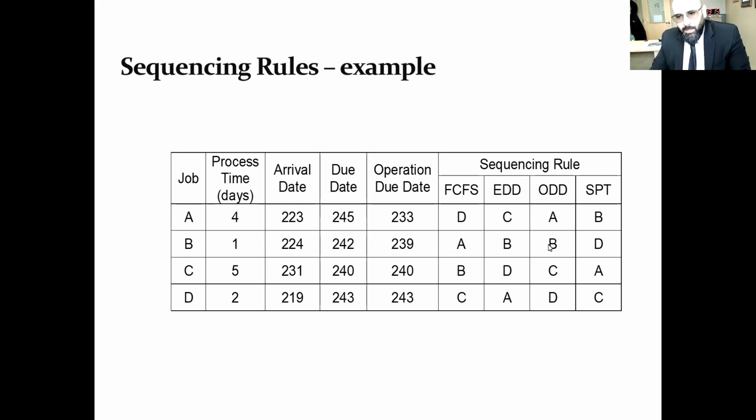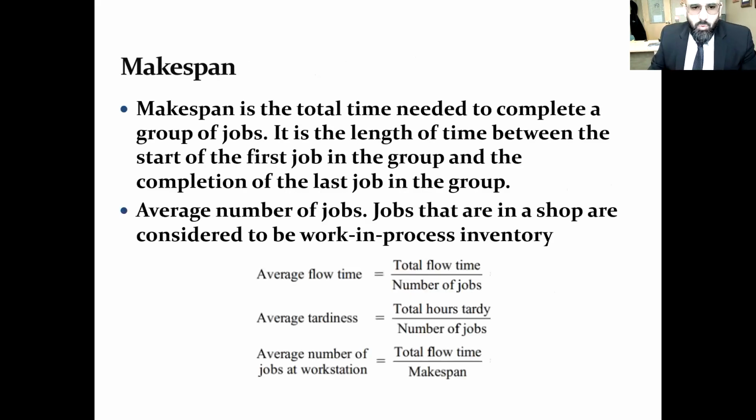And for the shortest processing time, we go to the process time in this column, and we sort these jobs based on the processing time. Now, what we need to do is take even more details and a more advanced example, and we will apply these parameters. We're going to use the average flow time, average tardiness, and average number of jobs at workstation. We're going to use these three measures